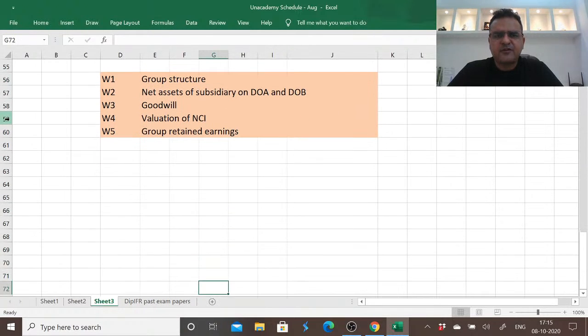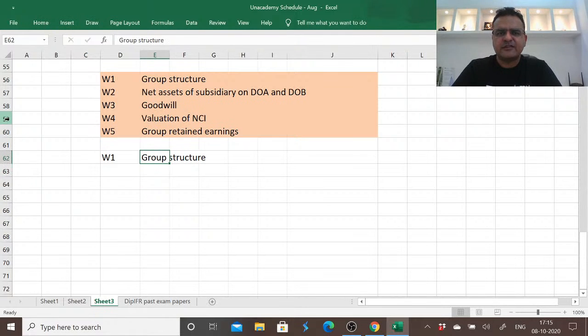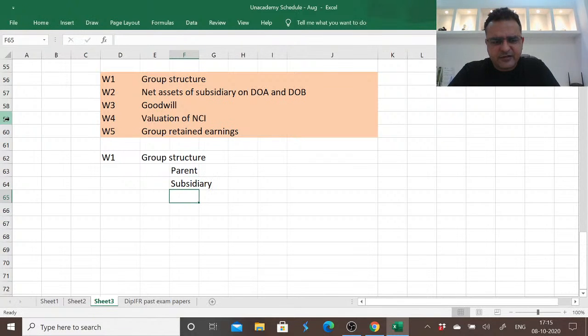If you remember these 5 steps, we can easily perform the consolidation working. So what is to be done in working note number 1? To begin any consolidation question or procedure, always first understand what you need to do. This is very helpful for preparation of a balance sheet. You should identify the parent, the subsidiary, and if there is any associate or JV,